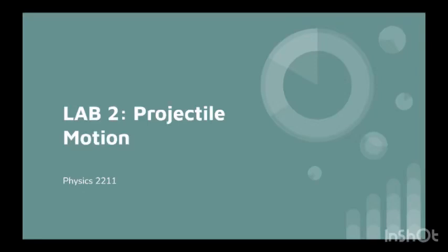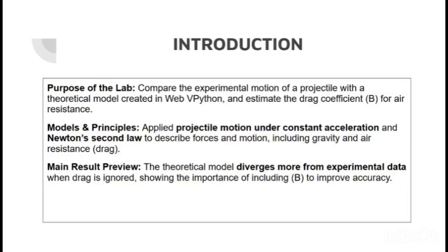For a second experiment, we explored projectile motion by comparing two models: an experimental dataset obtained from real-world measurements and two theoretical models created using WebVPython. The main goal was to study how air resistance affects a projectile's motion and to estimate the drag coefficient. The key physics principles involved are projectile motion under constant acceleration and Newton's second law, which relates the net force